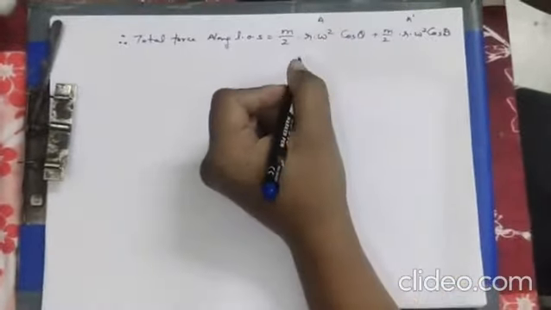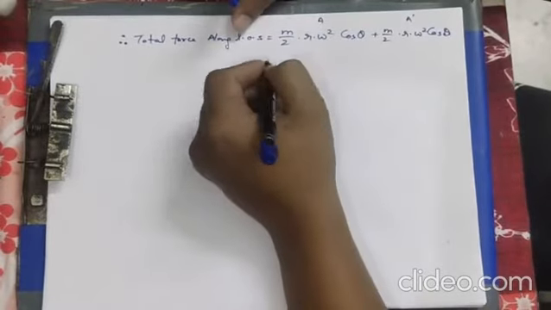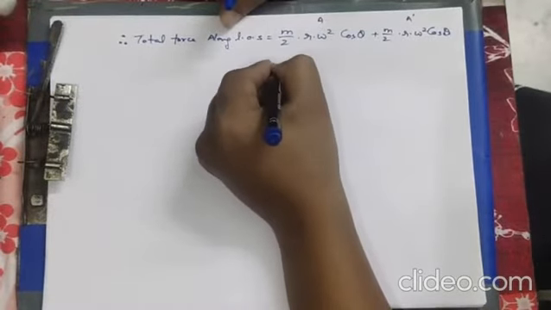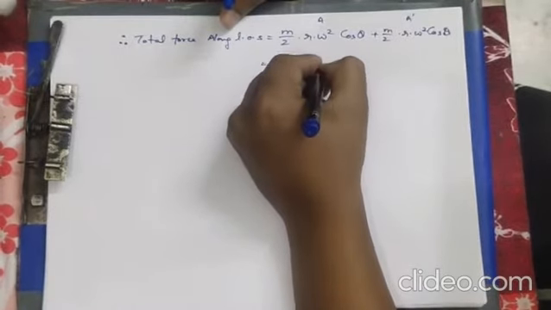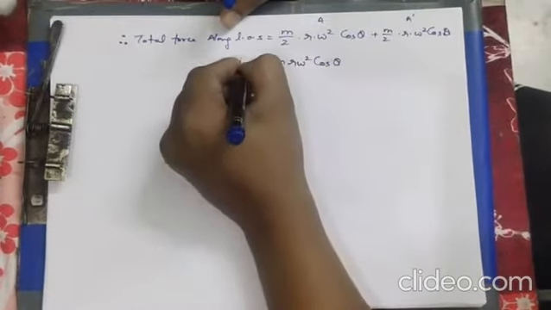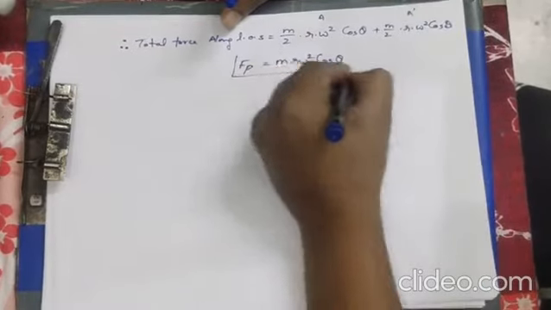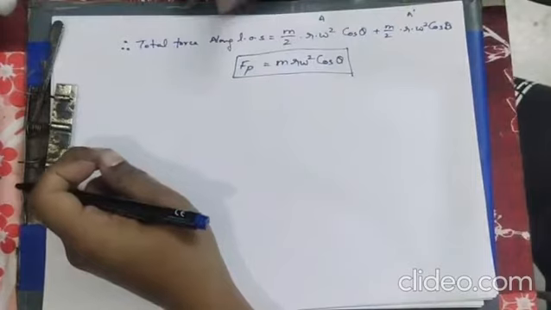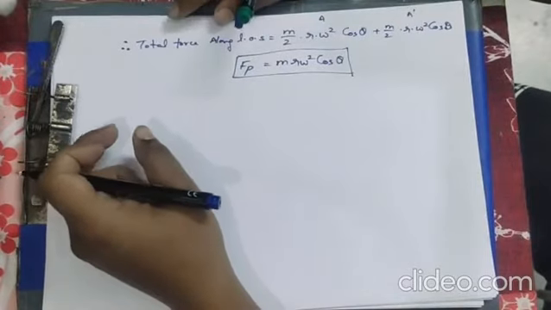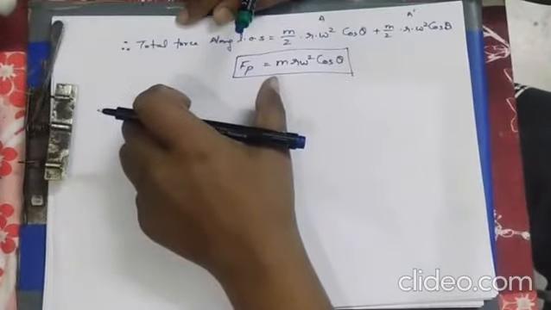Plus m by 2 r omega square cos theta because of the mass at A dash. So the total will be m r omega square cos theta. It seems similar, but the logic is very important. Thus the total force along the line of stroke is m r omega square cos theta, which is equal to